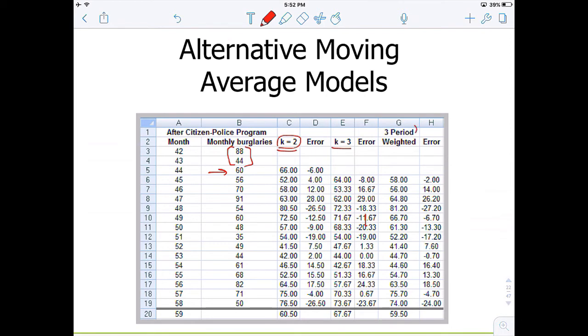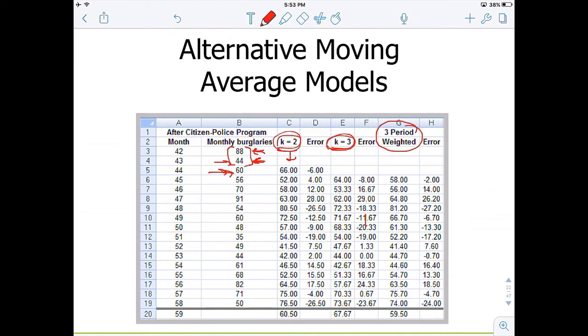And we do also have a 3-period weighted moving average. I will explain what this is in the Excel file. It basically gives you the opportunity to select your weights for the time periods. So what we are assuming here when k is equal to 2 and when k is equal to 3 is that the weights for individual months are identical. So this carries a 50% weight and this carries a 50% weight under k is equal to 2. Under k is equal to 3, this month has 33.33 percent of weight,